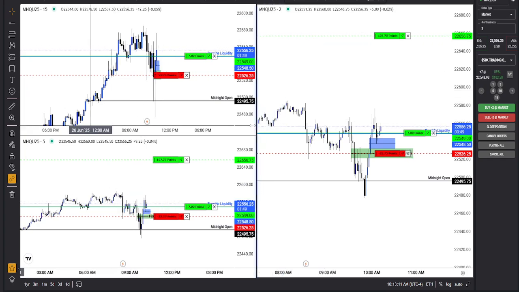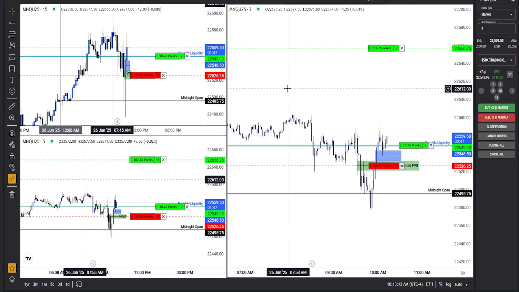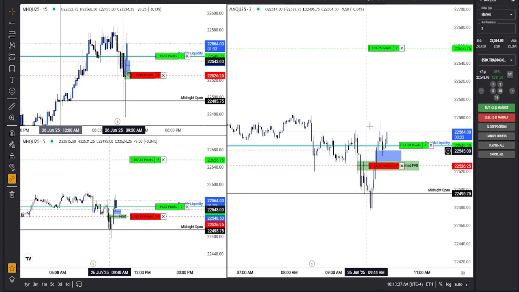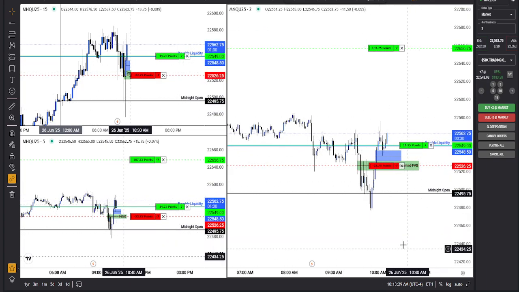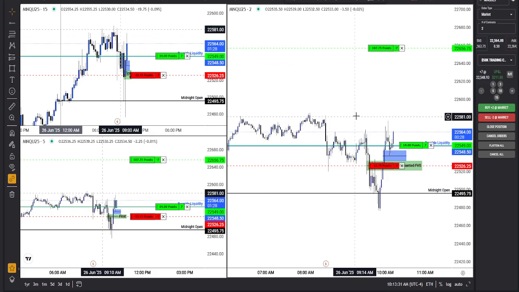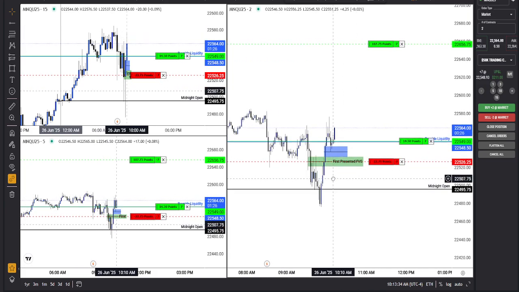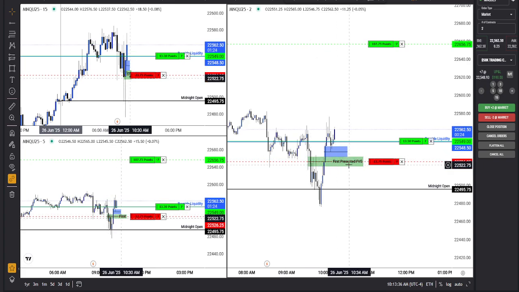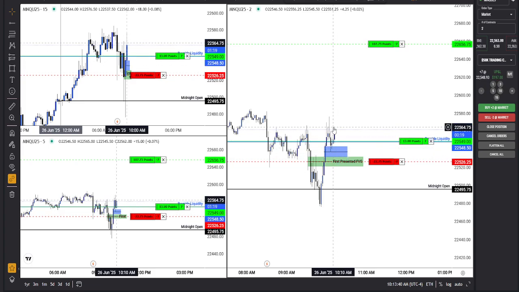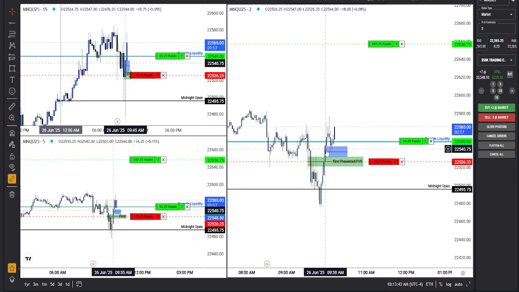Now, what am I thinking when I see this? If we're going to keep pushing higher above previous day high, I don't want to see price action fall down again, because we already made that first drop, and it wouldn't make sense. We already created an inversion of the first presented gap. We inverted that, and I want price to stay above it. Then we have a fair value gap here that formed,